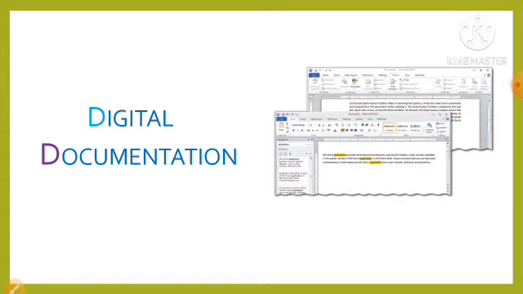Okay, so already in the lower classes we know what MS Word, MS Excel, and MS PowerPoint are. Now in this lesson we will learn about the word processor.